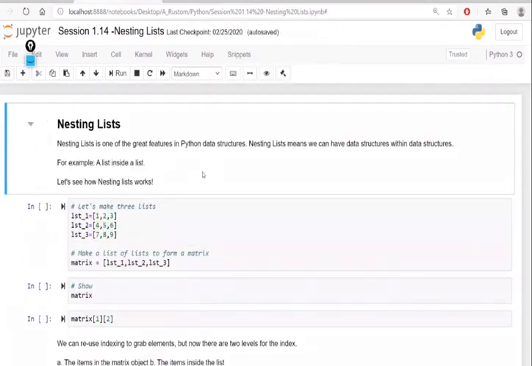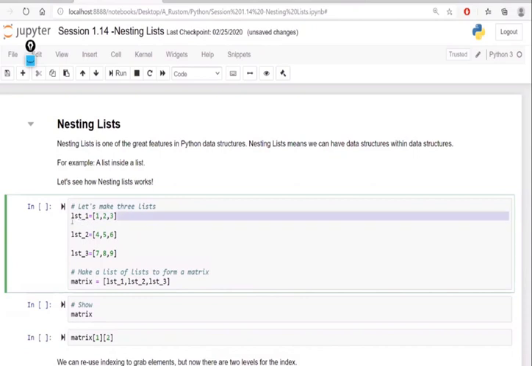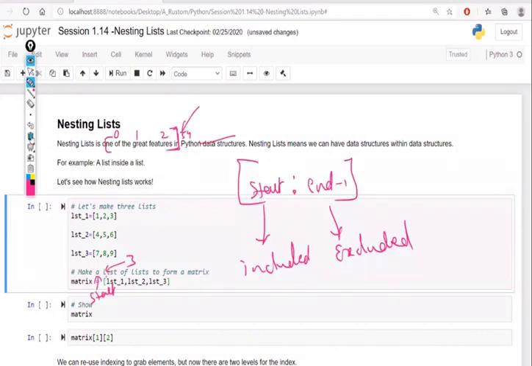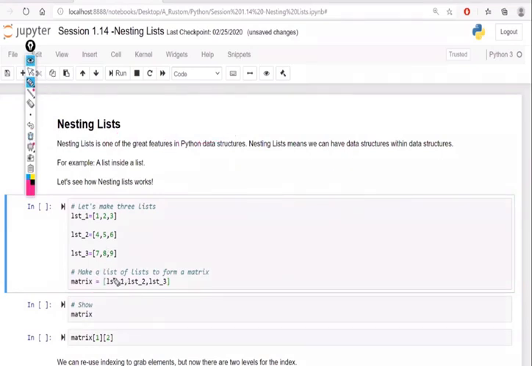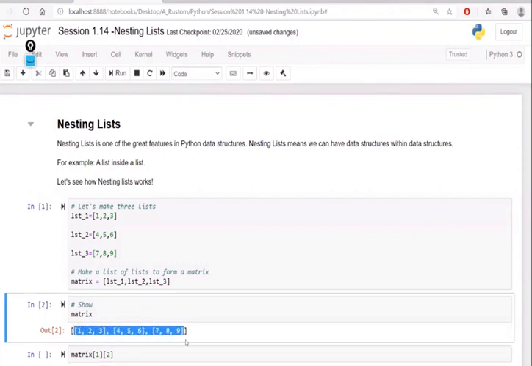Now let's understand nesting of lists, a list inside the list. So now I have three lists here, list 1, list 2, and list 3. I am taking all those lists and assigning them to one matrix, but that is also inside a list only. You see these extra brackets, right? First of all, it is a list that is again inside the list. So if I have such an assignment, it will show one extra bracket here, a list within a list, and within that, we have all these three lists.